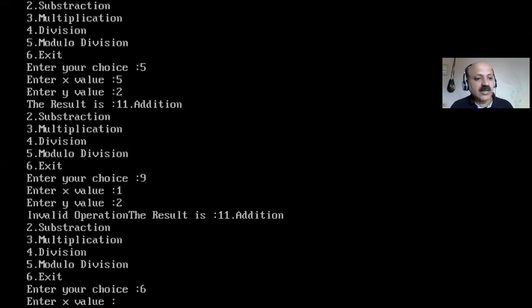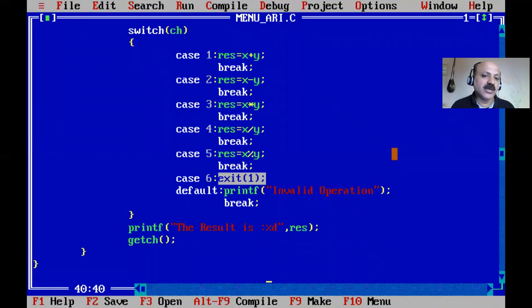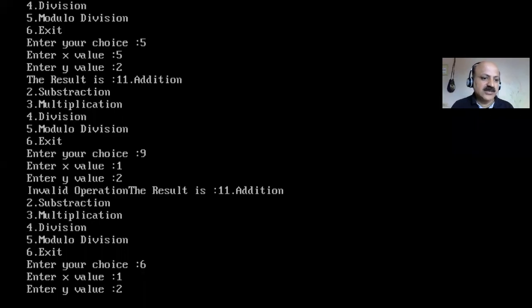Okay, then we can provide a second improvement in our logic. If you give choice 6, it still asks for the x and y values. So I enter 1 and 2, and then it comes back to our code editor. We can see the previous output with Alt+F5, which is a shortcut key. Now if we enter choice 6, it asks for the x and y values. So we can make two improvements. First, the menu should not repeat, and second, when we give choice 6, it should not ask for the x and y values because there is no operation, it just comes back to the editor.